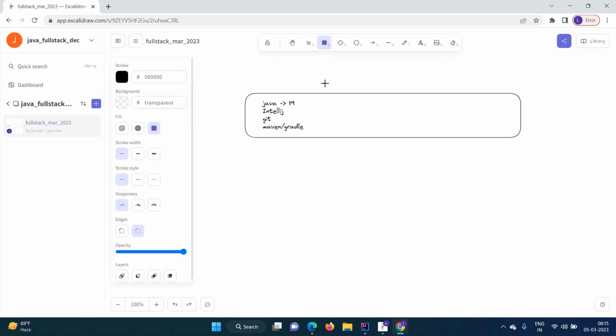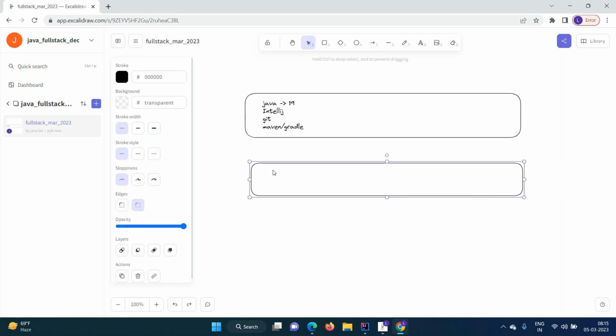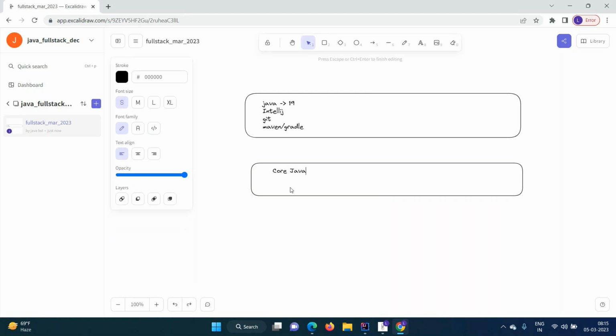So here we are going to take different things. The first one I'm going to take is core Java. Core Java is the place where you would be learning about the fundamentals of programming. What are loops, what is sequential execution, what is iterative execution, what are selection statements? Then object-oriented concepts, how you are going to handle exceptions, what is reflection, what are collections? The basics of the entire Java, all the fundamental concepts,